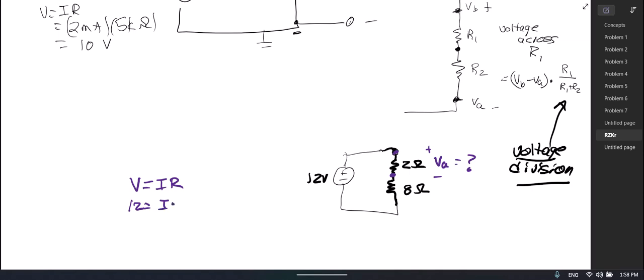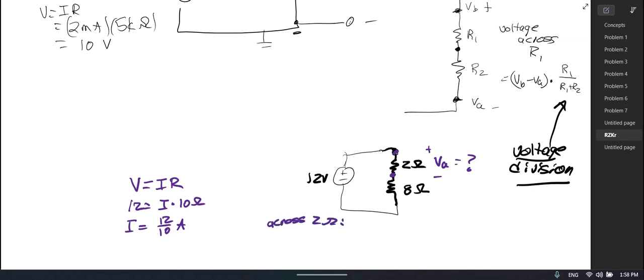I don't know my current. My total resistance, since these are in series, is 10 ohms. And so I is 12 over 10 amps. So now, if I want to get the voltage across the 2 ohm resistor,